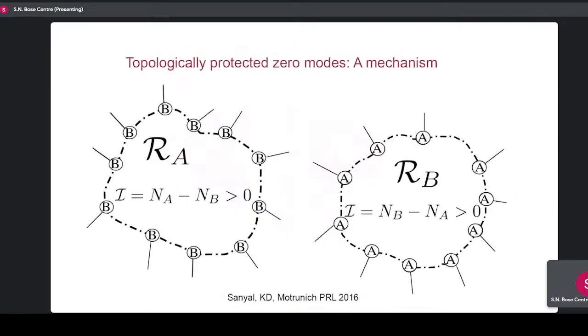So then we tried to think a bit more about what's a general way of thinking about it. And this is all we could really come up with at that time. Imagine there's a rare region of the sample, which has local sublattice imbalance. The honeycomb lattice is a bipartite lattice. A talks to B, B talks to A. A doesn't talk to A, right?